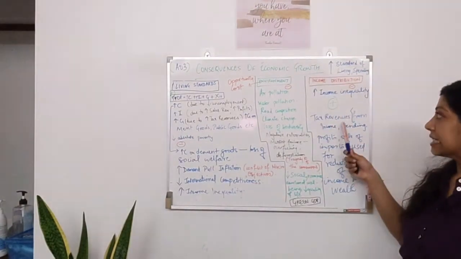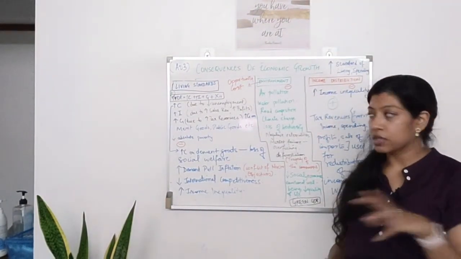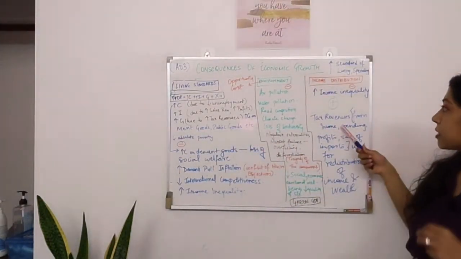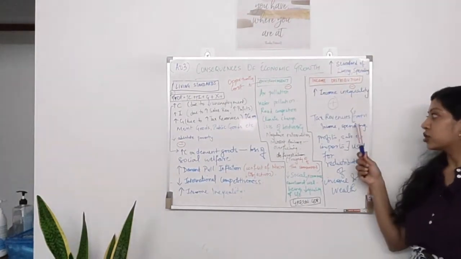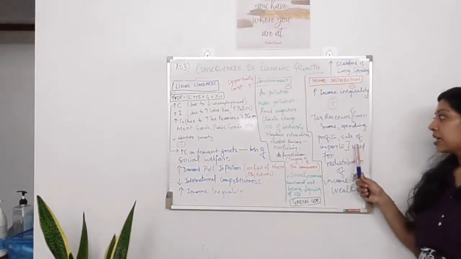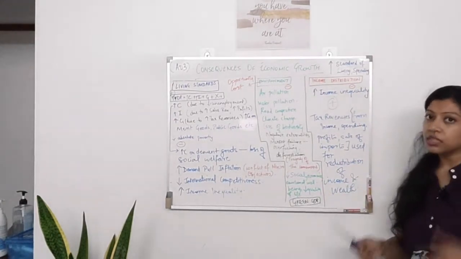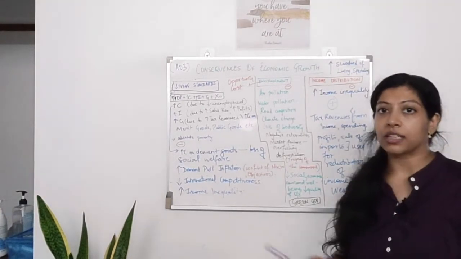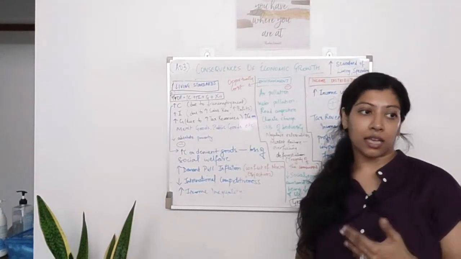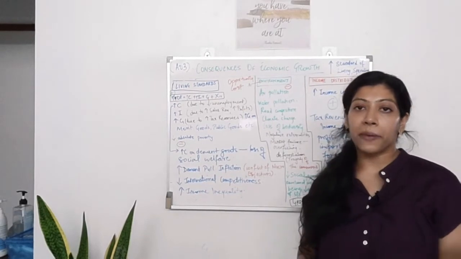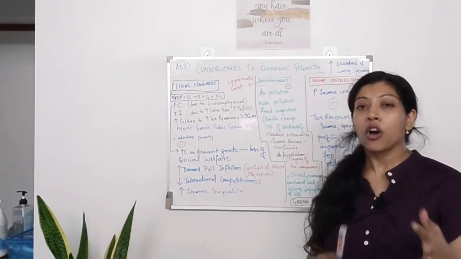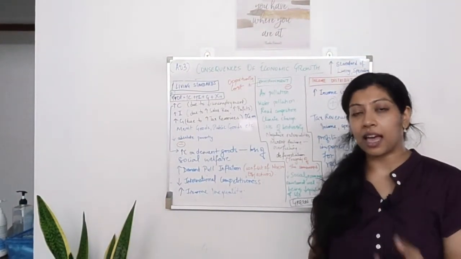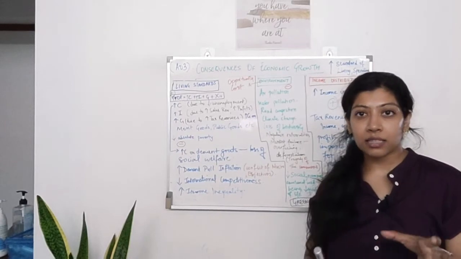A positive from this is definitely the tax revenues. Now the government, as we spoke earlier, can provide more merit goods, more public goods, because of the increase in the tax revenues which they get from income, spending, profits, and the sale of imports. And they can use these tax revenues to redistribute the income and wealth in society. So things like unemployment benefits, or pension funds, or student loans, all of these things can be done by the government with the increased tax revenues that they have. So the possibilities are endless.